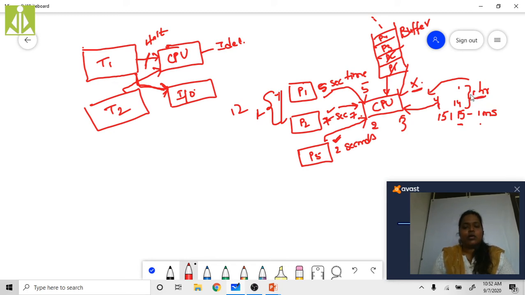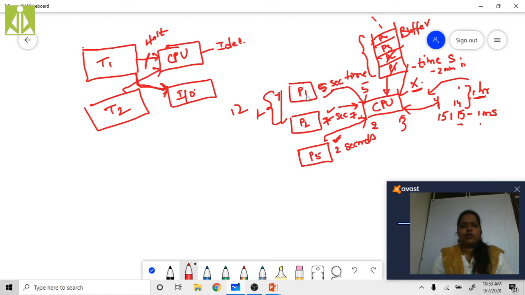To overcome all this, we have to schedule the processes. Process management means managing processes, deciding which should go first and which later. Suppose we want to send them in first come first serve order, in this order only: P1, P2, P3 and P4. Here we will keep a time slice, a time slice of 2 minutes irrespective of the process time.